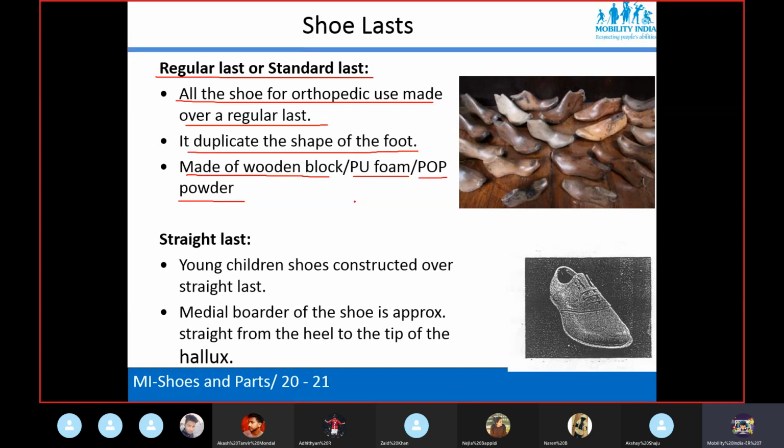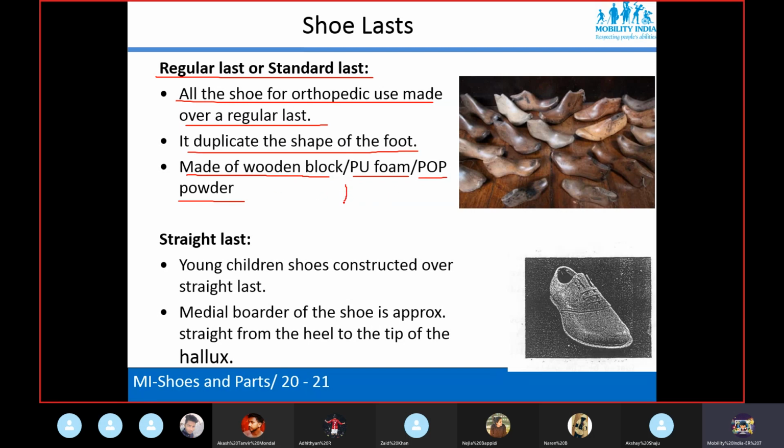Generally, if you are going for customized footwear for a particular condition, you need to take the measurement, take the cast and prepare the mold.